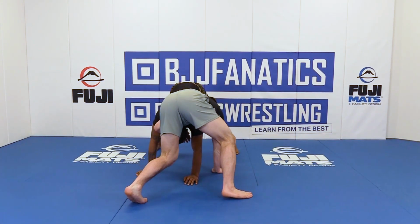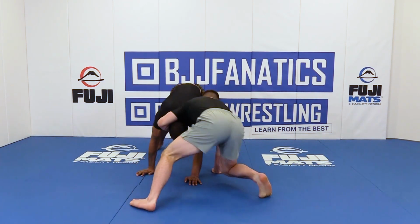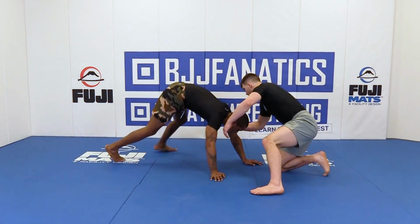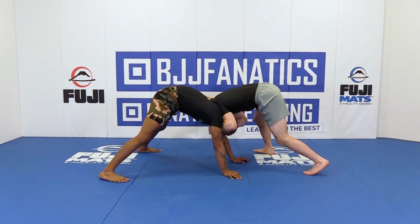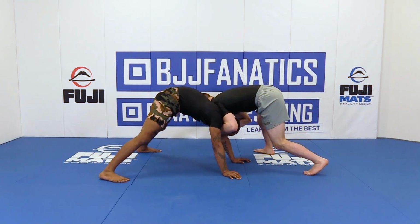When I'm on this side, I'm still driving into the back of the head, and I'm going to change to a chin strap and a tricep grip. Okay, so circling this way. Once I'm here like this, I'm going to change from hands locked to chin strap and a tricep grip. Okay, from here I have a lot of options, but one I really like doing is as I circle to